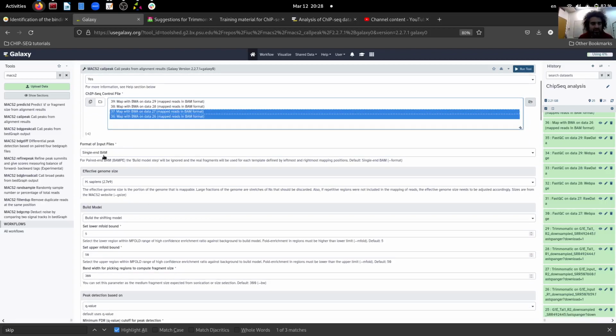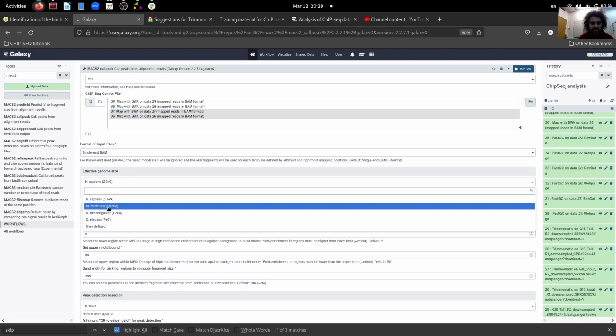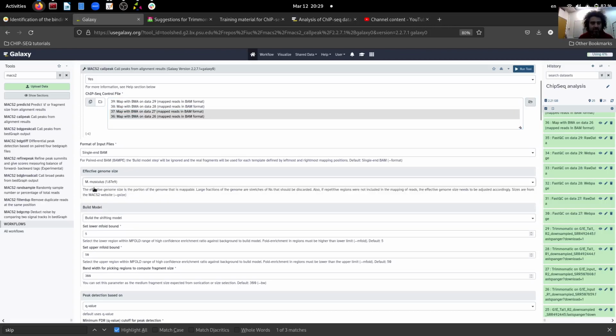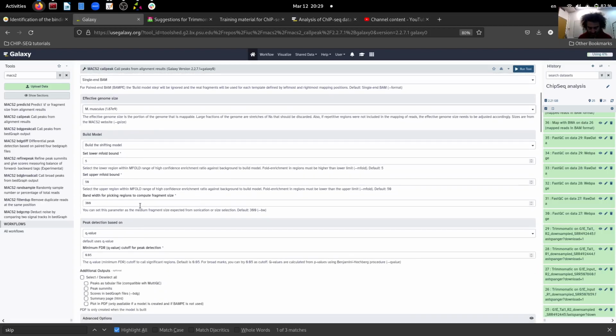What we have is single-end BAM, so we leave this as it is. The effective genome size is the genome that is mappable, because we have a genome that has different occupancies from heterochromatin. Not all the genome is mappable, but they have done previous experiments and they have calculated these things. So we choose here Mus musculus, since we have a Mus musculus file. And the next thing is